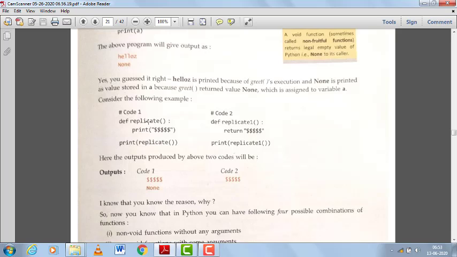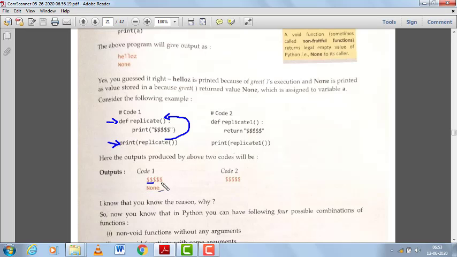def replicate, what will be the output for this? First our interpreter goes to this statement, it is the definition of the function. Then it will come to this statement, print replicate. What happened, will the print function be called first or replicate? First the inner function is called, that is why the replicate function will be called first, and inside this replicate function 5 times dollar will be printed.